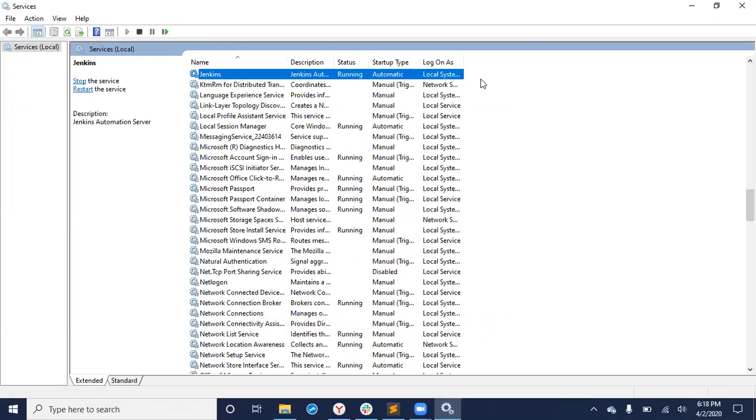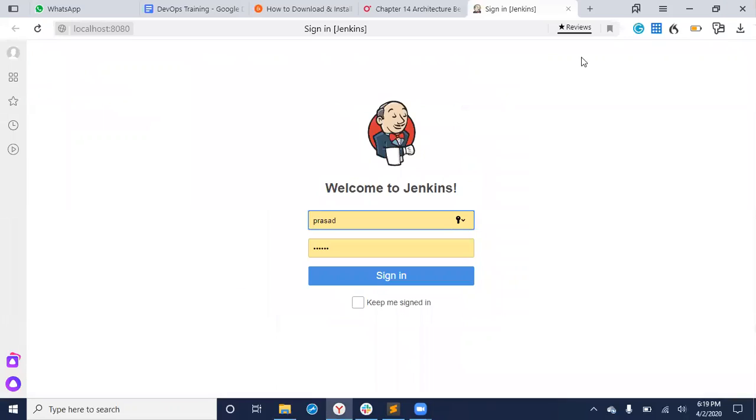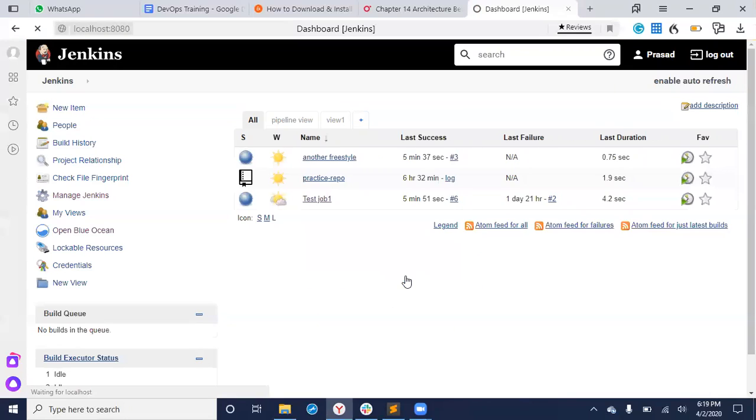The reason I'm starting with Windows is that the Jenkins concept is the same, so you will understand very easily. So the Jenkins service is registered. Then when you run it in the browser, you can see it's trying to take the default. Okay, it did not uninstall completely. Maybe I need to reboot.